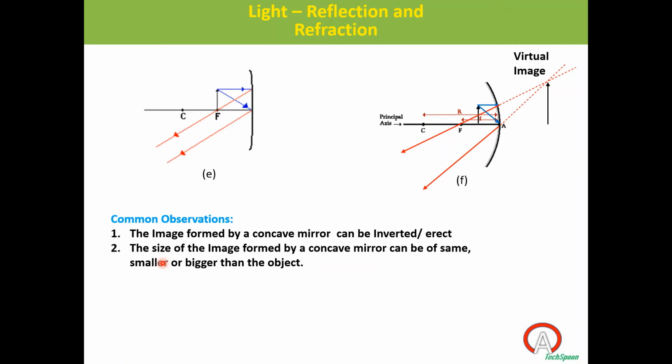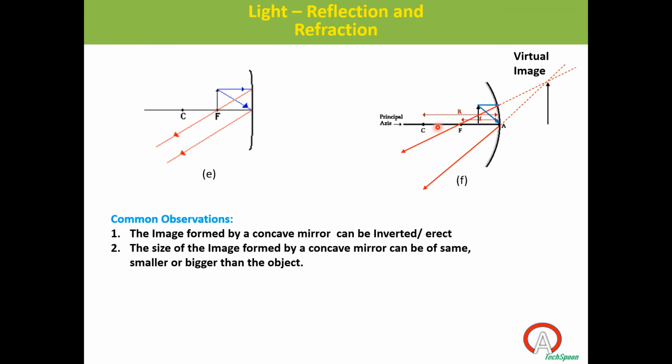Third, if I want a bigger image, between C and F, then one more. Between C and F, I am just asking only bigger image. I am not asking bigger and real. Bigger image, first thing you said is correct. And the last case also we are getting a bigger image, right? In the sixth position.